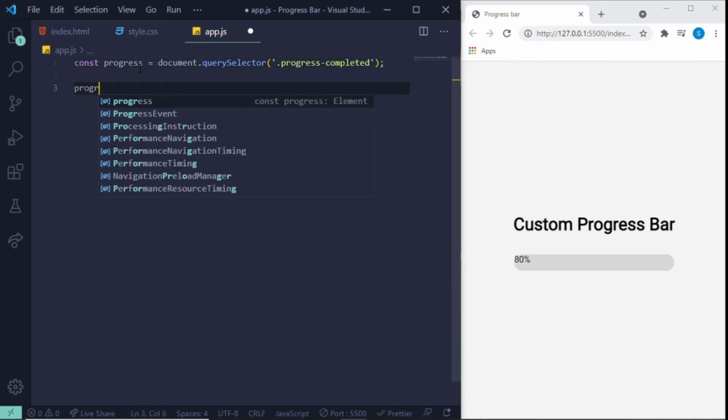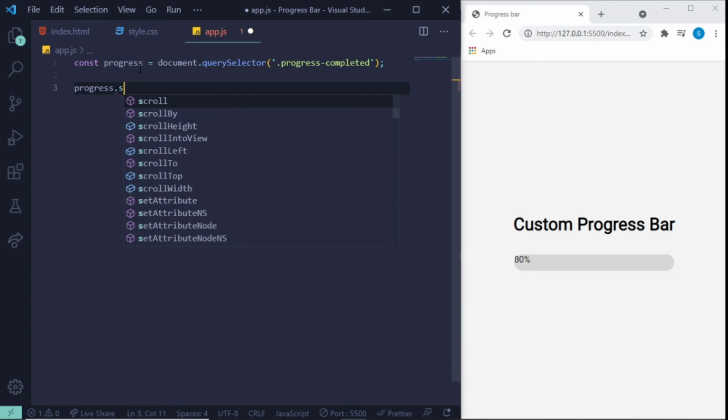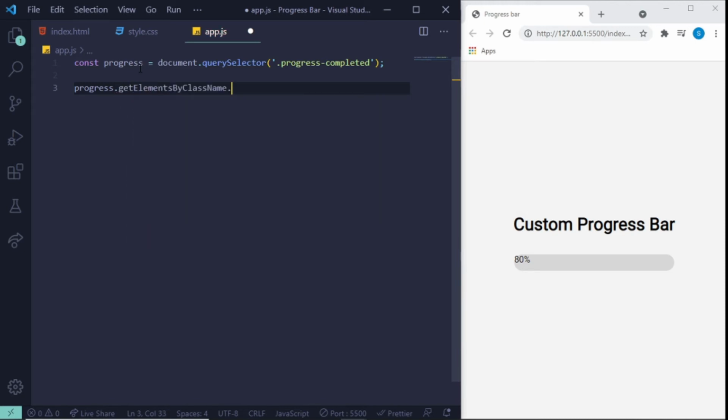After that, we'll say progress.style, you see, this is my problem with VS Code. Say .style.width,